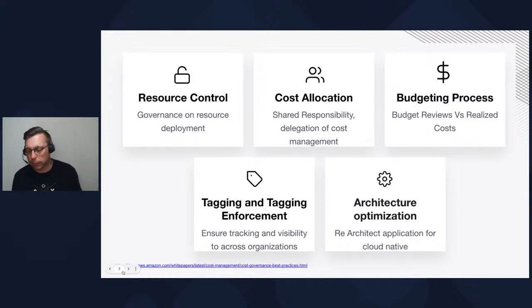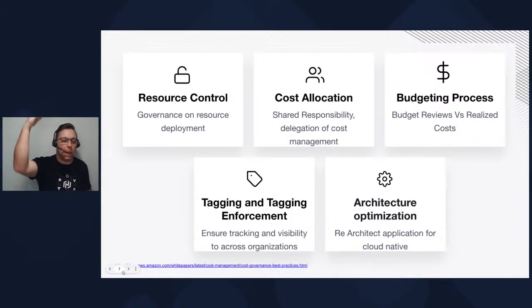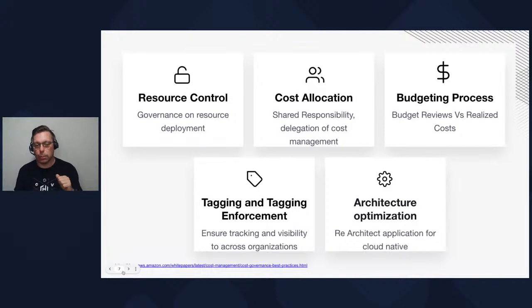So one of those being tagging, and tagging enforcement. So tag everything, tag it twice, tag it 3 times, to coin the old phrase. What this is doing is ensuring that you know what the resources are and who owns them. So going back to that old ITIL process, that ticket was assigned to a business unit, and the business unit was clearly identified and marked with those costs. As soon as you have the ability to tag and to enforce that tagging, by making sure that a resource cannot be stood up unless it is actually tagged, it means that now you have a mechanism to track